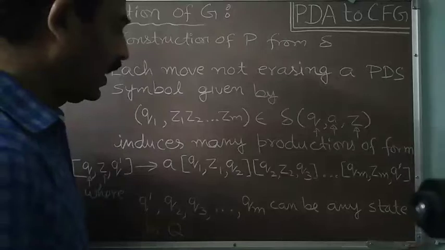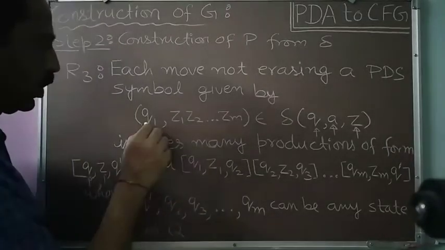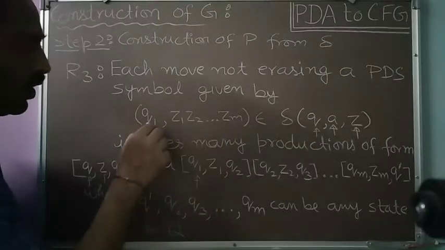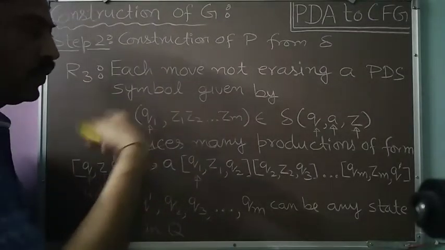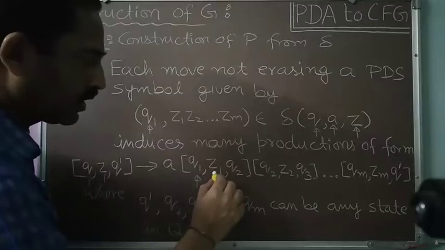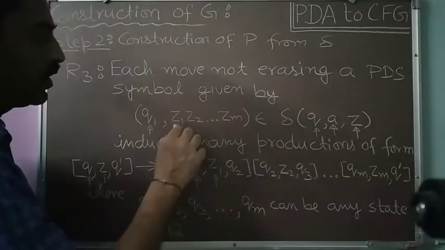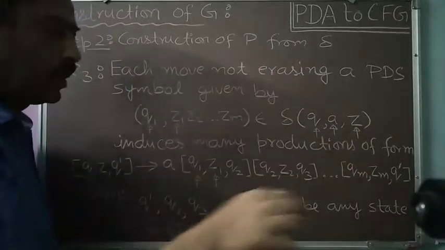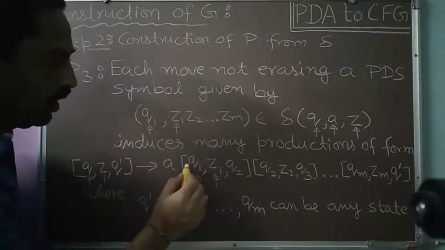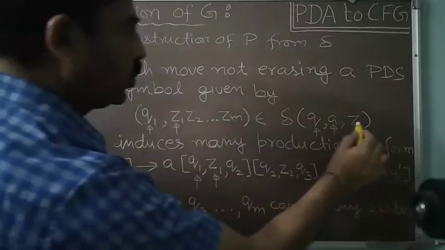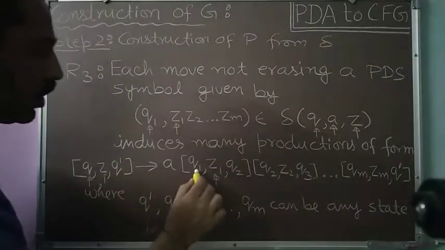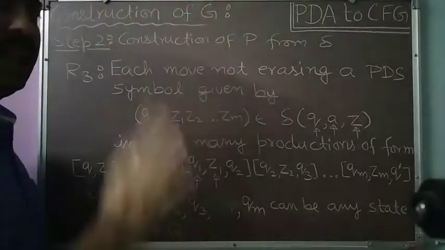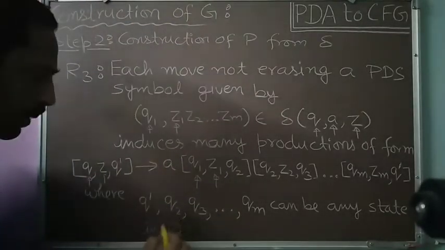And how are we finding them? Then q1 is what? q1 is the state where we are reaching. So we will start from q1, the state which we are reaching. And here the second quantity we are taking is the first symbol in the string which we are pushing over the pushdown store. So Z1 is coming from here. So [q1 Z1], it has come from here. And then everything else is taken from the capital Q.